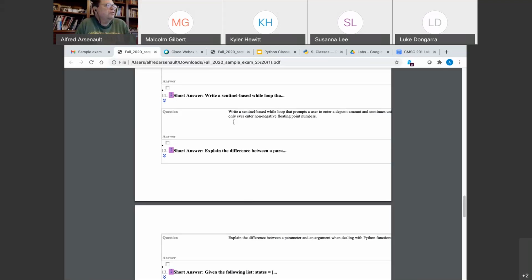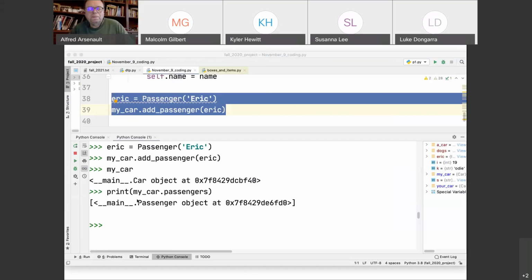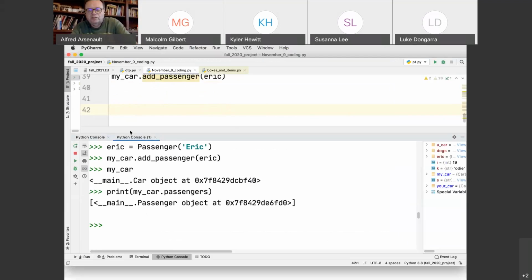Run until the user enters 0.0. We're not going to validate inputs. The user's only going to enter non-negative, 0 or greater floating point numbers. You don't have to write the whole program, just the loop. So the sentinel we're looking for is 0.0. So what we're going to do for this particular loop, for this question, is we're going to say